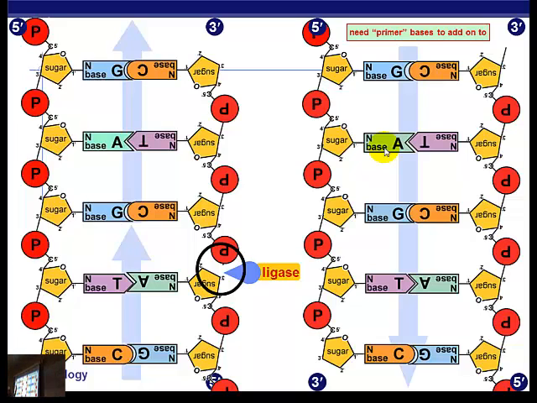I had to start down here and go up. As my replication fork is opening, I'm going to keep having that problem. I'm going to have to keep going back and going, and then going back and going. I can just start from there and start from the very bottom. What do you mean, start from the very bottom? If you waited until you completely unwound it,